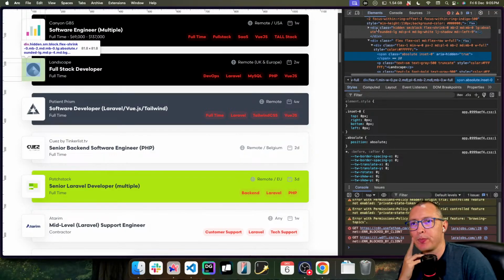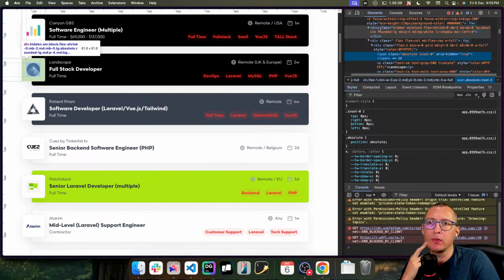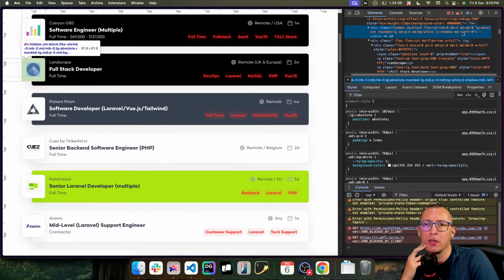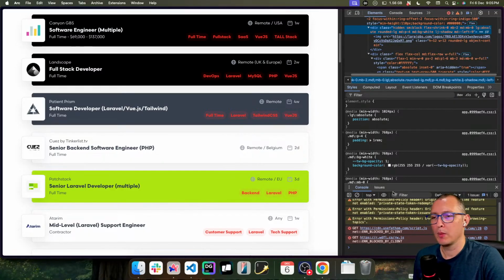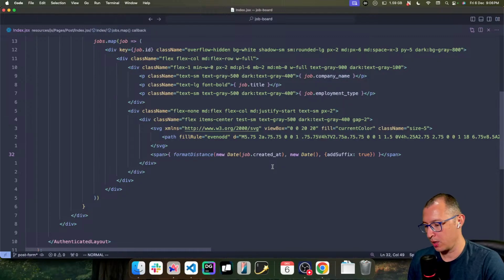Okay, so they have a div flex shrink 0 margin bottom. I'm guessing they're using a negative there, minus left. That's what I need. And this one has an image. So I'm just going to grab this image, logo underscore 2. I'm going to put it, for the sake of testing,